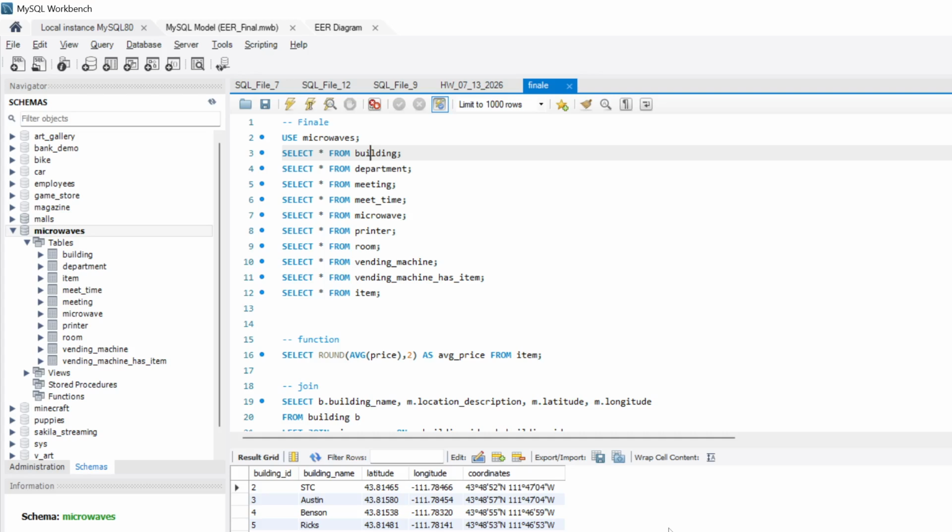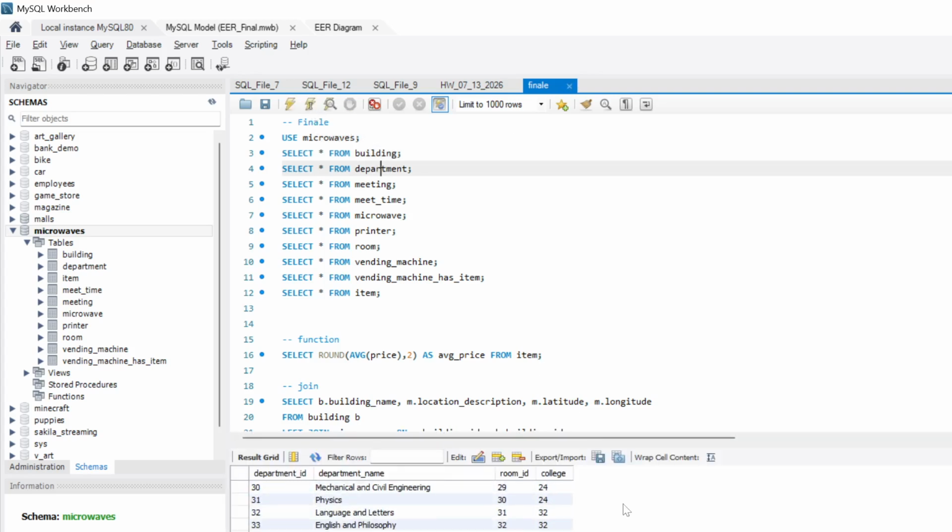So a lot of the stuff added towards the end didn't make it in, but I think this is exhaustive. We have the departments, which I don't think I have all of them, but there is a lot,